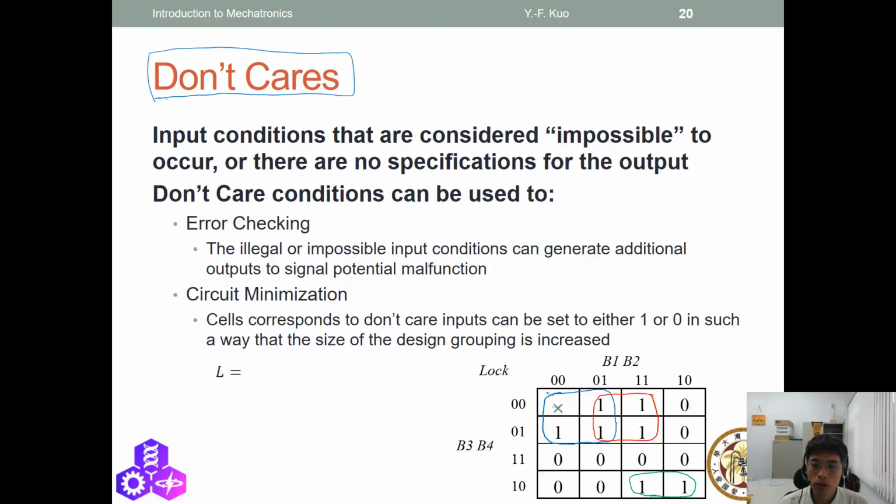And so how do we determine this circle? What does it mean? Your arrow, let me change color, is like in b1, b2, the b2 can be 0 or 1, so you don't care about b2, you care about b1. Your b1 has to be 0, so it's not b1. Okay, and here you don't care about b4, you care about b3. b3 has to be 0, so it's not b3. So the blue circle corresponds to this not b1 and not b3,